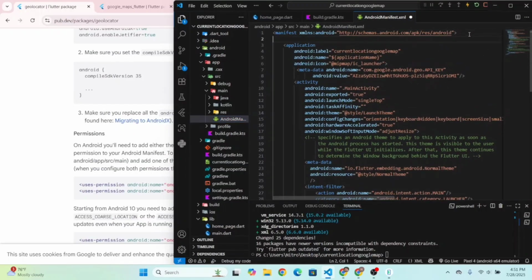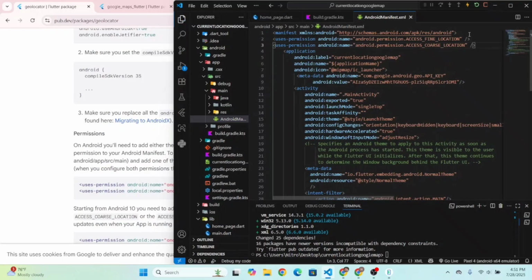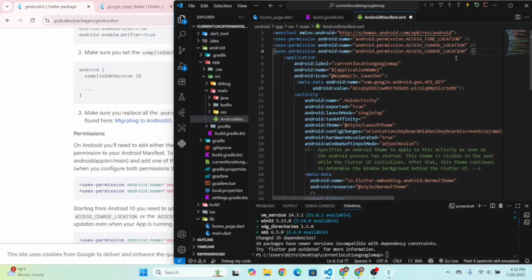So over here, let's paste that code and save it. And let's copy one line and paste it here. Let's give the access to camera also. Permission for camera, and save it. Okay, now close this file